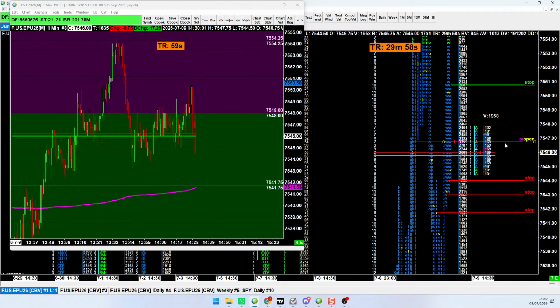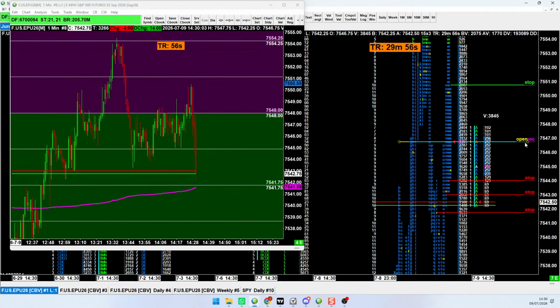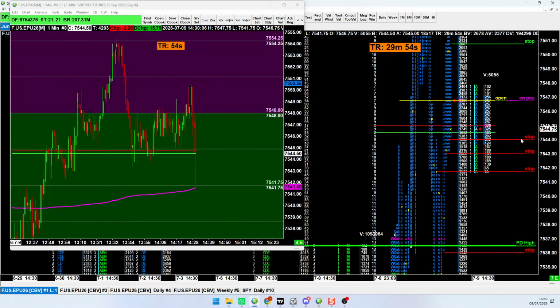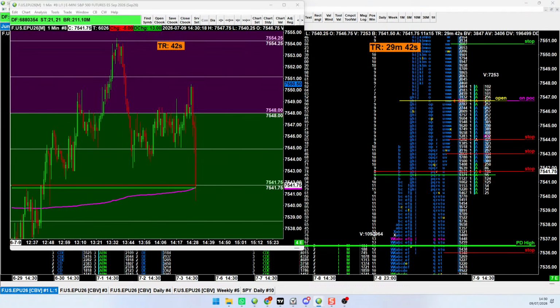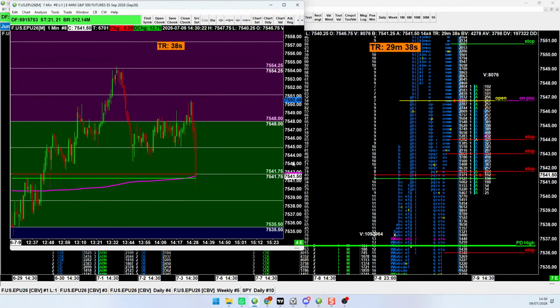All right, here we go. We're open at the overnight point of control. What a coincidence. Okay, hit those stops. Boom, boom, boom. And it's going to come up. Where's my seller? There we go. So if you're shorting this area here, really,